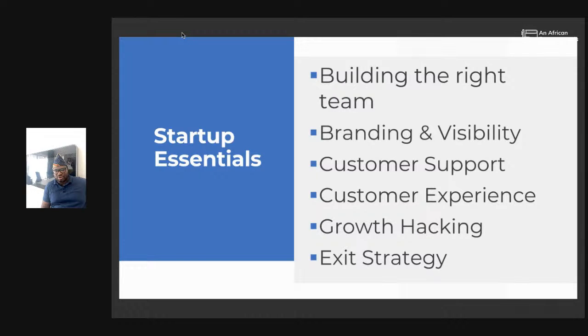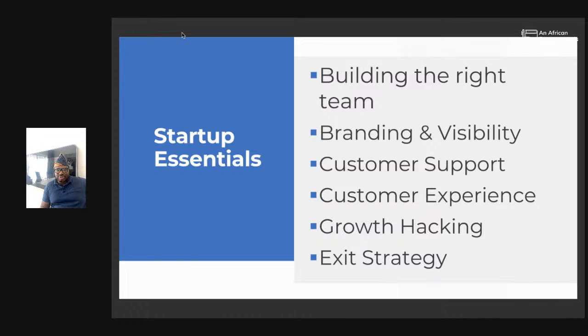How do you evaluate your growth? What kind of team do you need at every point in time? How do you sustain this team? And how do you manage them through the growth, especially at the initial stage when the company is not earning revenue? How are you able to attract a good team? We're going to be breaking this into another 5 different modules, okay, to help you understand what the right thing is at every point in your business.